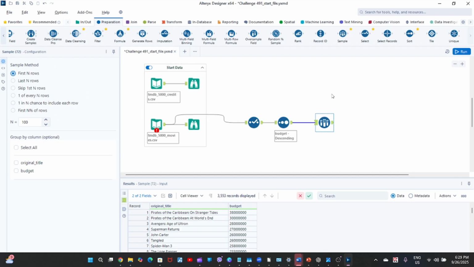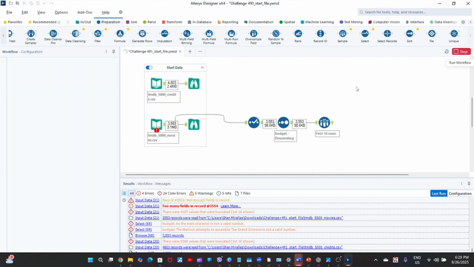All right. So this is the configuration of the sample tool. For those who are not familiar with the sample tool, this is the configuration. So as was mentioned, we're just going to limit this to 10. So as you can see here, the sample method: first n rows, last n rows, skip first n rows. The n represents the number that we place here. All right. So let's go ahead and see. Once we run that,